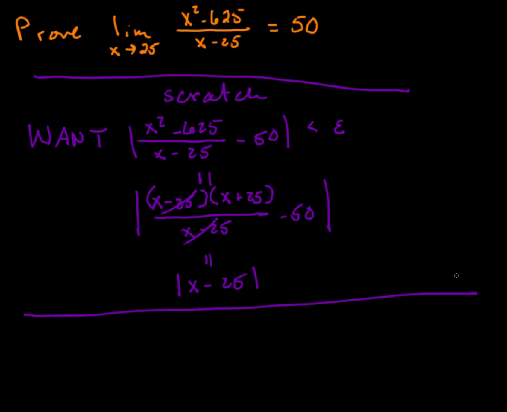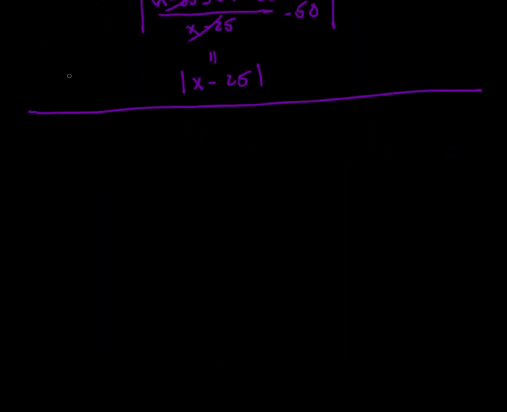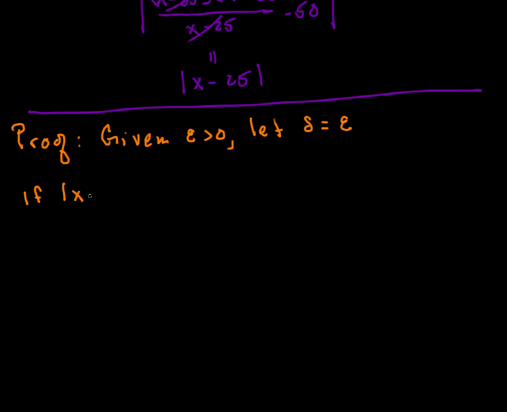So what does the proof look like? The proof has the same structure. We've got to start with some arbitrary epsilon. Once we have that, we choose our delta. So, proof. Given ε > 0, let δ equal ε. If |x − 25| is less than δ, which is ε,